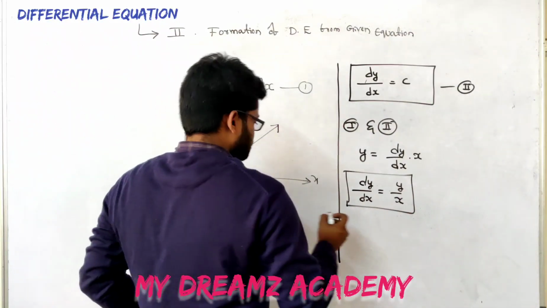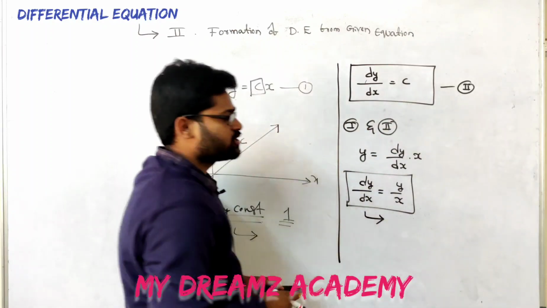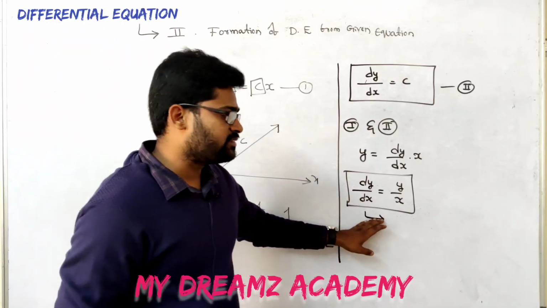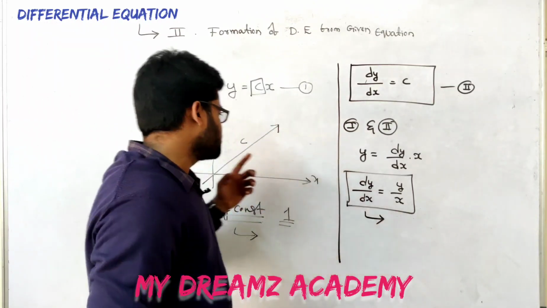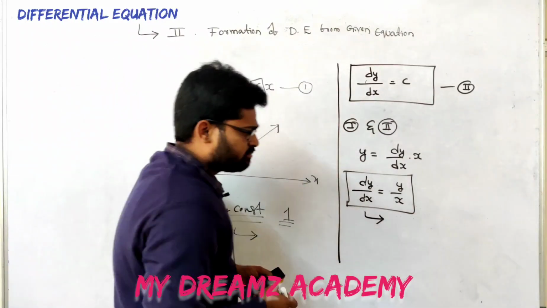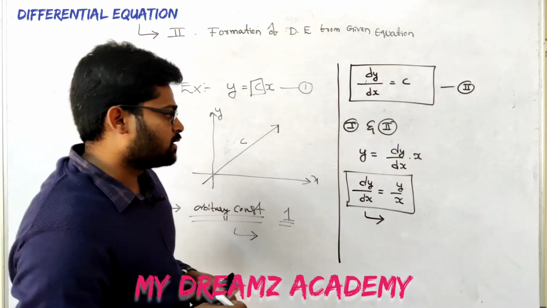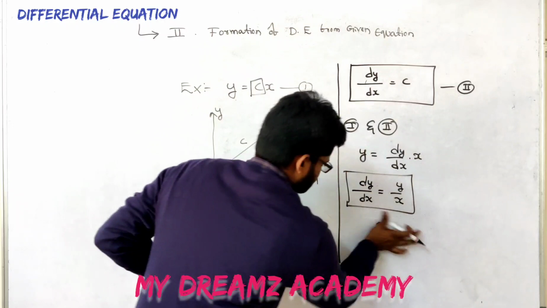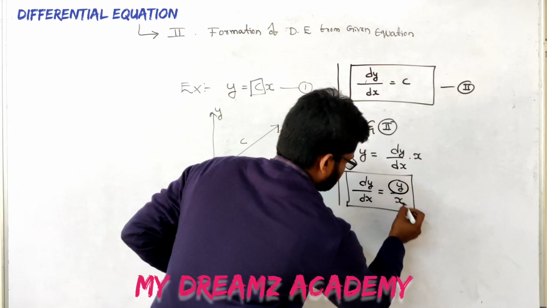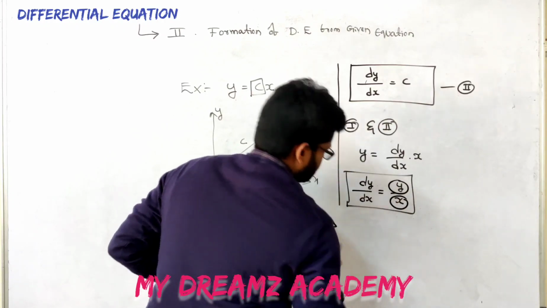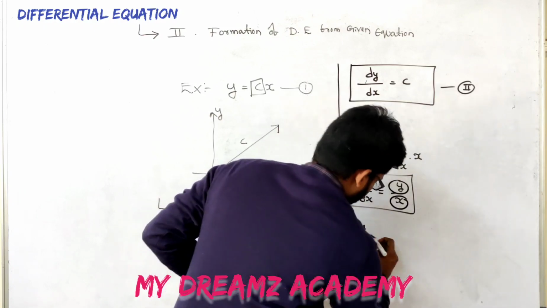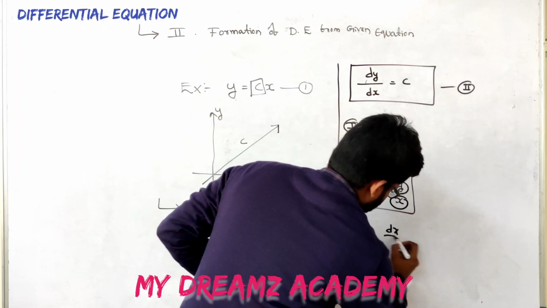And also we can say that this is the differential equation for the line, the straight line, which is passing through the origin. If you want to check whether the given equation is correct or not, we will do a simple integration here. This is y and this is x. Make sure that the same variable is on one side. So dy/y = dx/x.